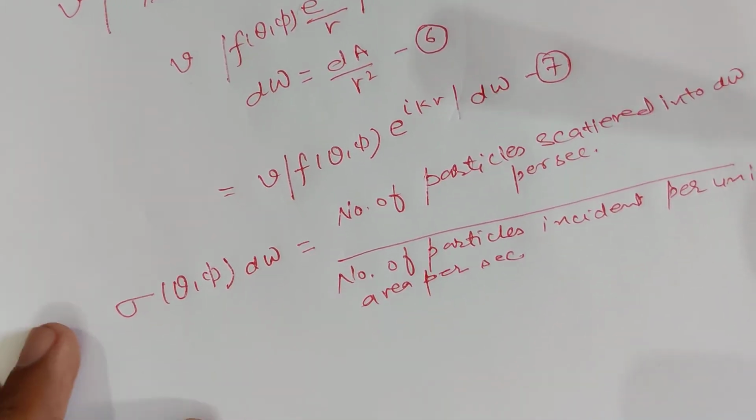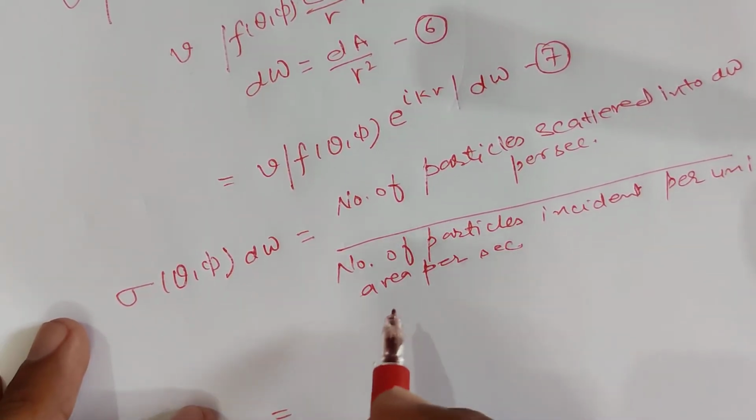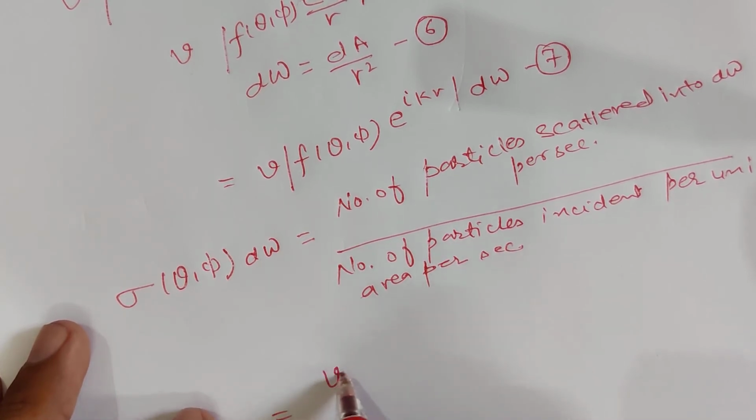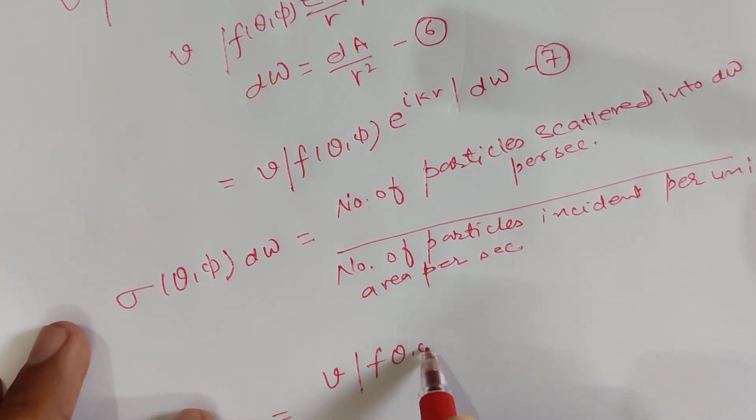This means V sigma theta phi d omega equals V